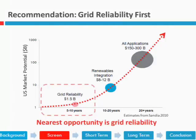This is a projection as renewables penetration increases. Because renewables penetration is increasing at a certain pace, not instantly, and because co-location with a wind farm depends on a lot of development in the renewables integration market, in the sense that right now wind farms aren't paid for the quality of their power. They need to be paid for the quality of their power before they install a battery on site. We expect this market to expand a little bit later down the line, and so we're recommending that it be